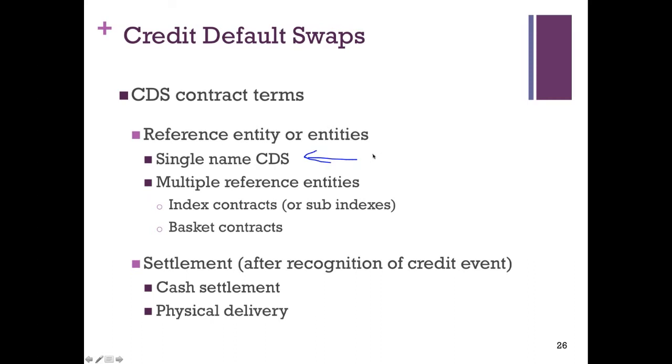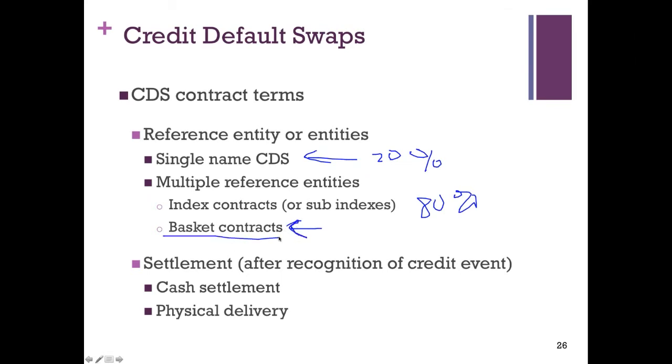But note, I said something like 20% of the volume over recent years has been in single name CDS. Close to 80% of volume has been in the index contracts. And I think a subsequent slide has more detail on the index contracts, so I'll save that for a few moments. And basket contracts, I understand they're starting to make a little bit of a comeback, but a basket